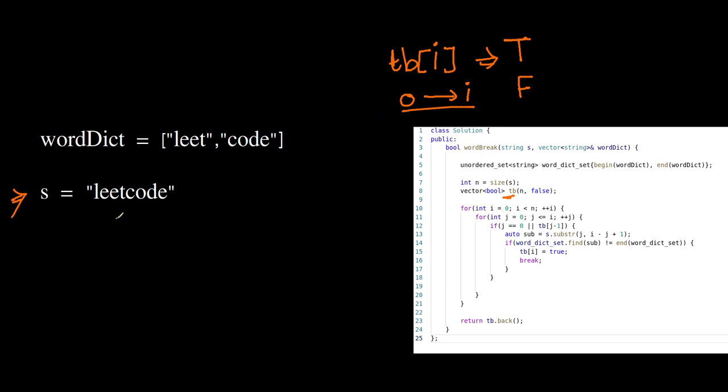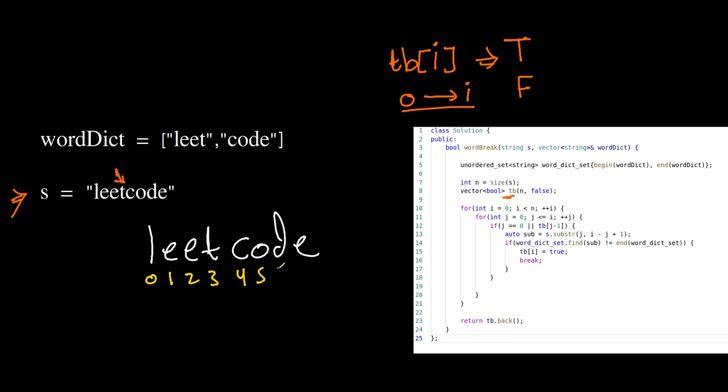For example, let's rewrite this string, leetcode, and we have these indexes 0 1 2 3 4 5 6 7, and now let's take i equal 3. Now tb of 3